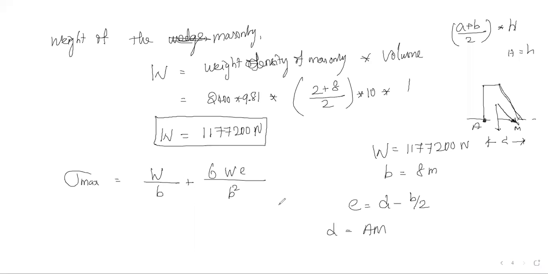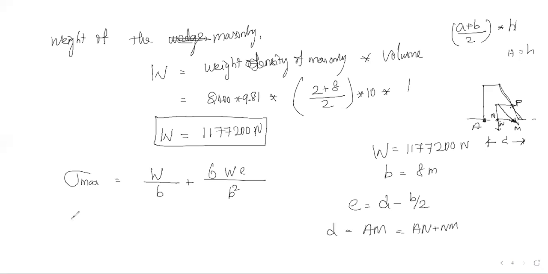We can calculate individually, that is where the load W, that is the total weight, is going to meet at the base. That point is nothing but N. Instead of F we are going to give P. So now AM is equal to AN plus NM.